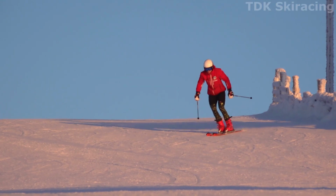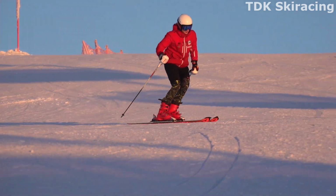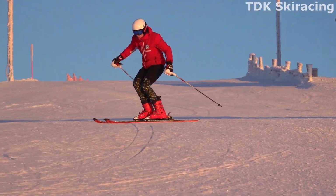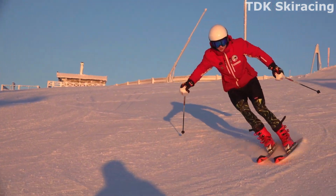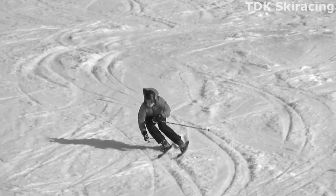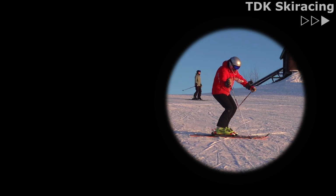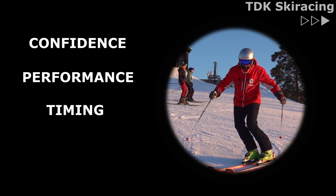In this video, we are going to take a short look at the classic pole plant used for marking parallel turns at moderate speeds. It is important to understand that the pole plant is not some uncontrolled random arm swing with a dangling ski pole. No, it is an isolated, controlled arm movement, part of a disciplined upper body, evoking confidence, improving performance, timing, and